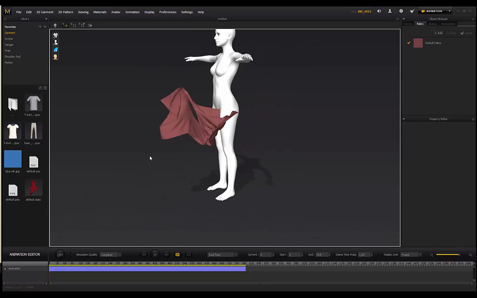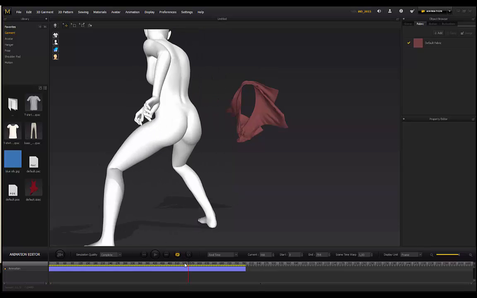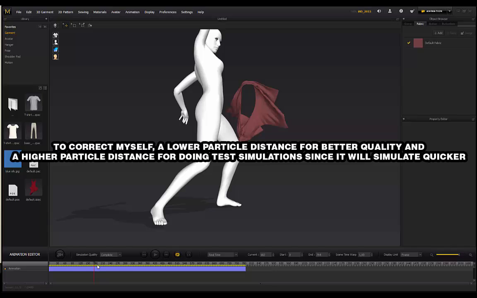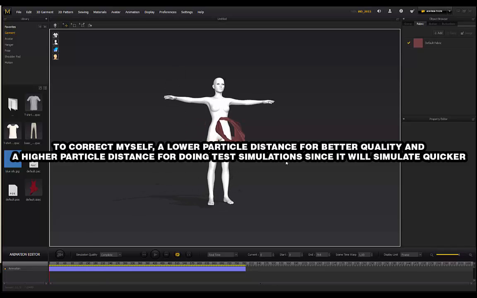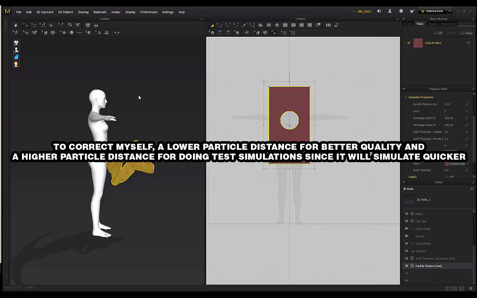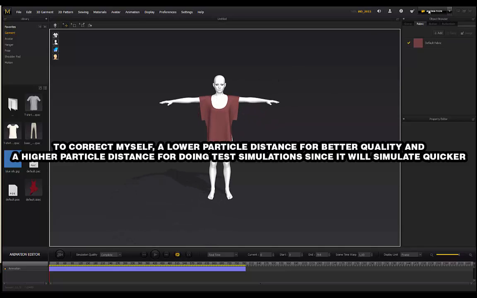As you can see, I just messed up there a little. So I'd put that on like 10. I'd put it on a low particle density to see how the garment simulates, and then I will come back and put that on a higher density to just get better quality. So there again, I'm just undoing that. I'll put on a low density to see how it simulates, and then once I'm happy with that,